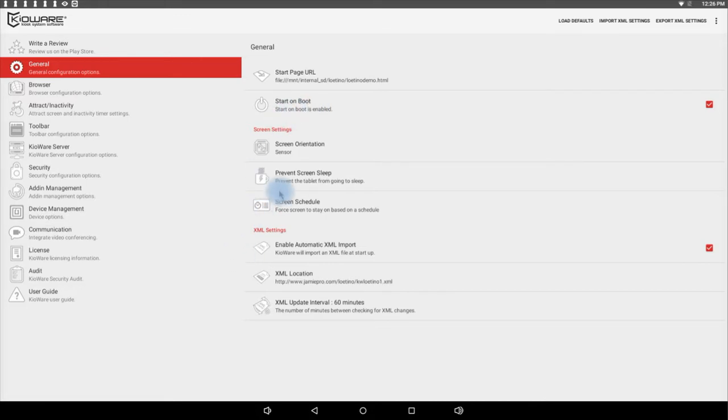Then we have some other settings for this Kioware. Then we have a lot of other settings which you can change, but in this case I just show you what the Kioware config looks like. So we go back,